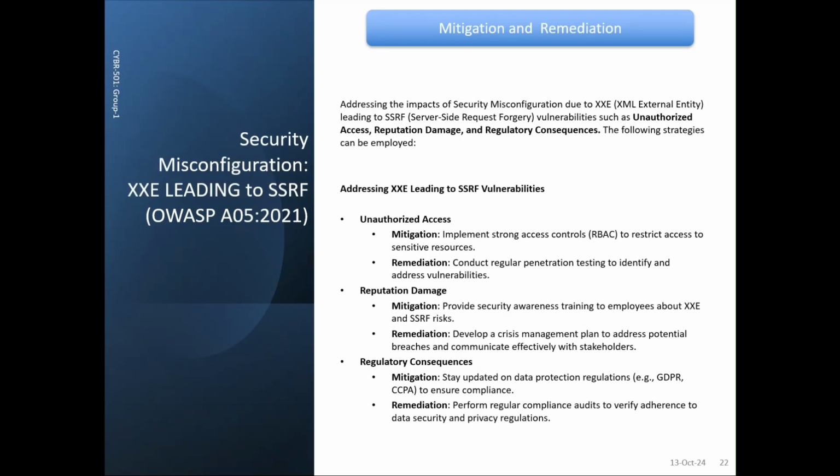This can result in attacks such as server-side request forgery, especially when it involves XML external entities. This risk can be significantly mitigated with the help of effective access controls, regular penetration testing, and security awareness training. Organizations may prevent legal consequences and harm to reputation by staying up to date with regulations such as GDPR and performing